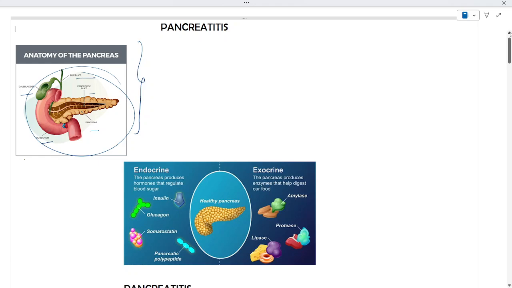Hello everybody. Today we are going to see a video regarding pancreatitis, involving both acute as well as chronic pancreatitis. First things first, let's start with an overview regarding the anatomy of the pancreas and its association with different